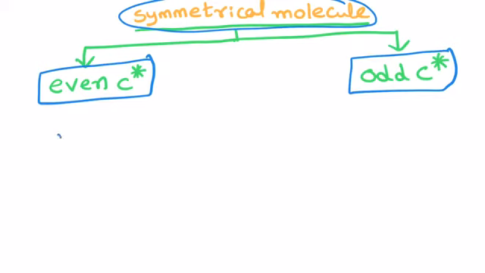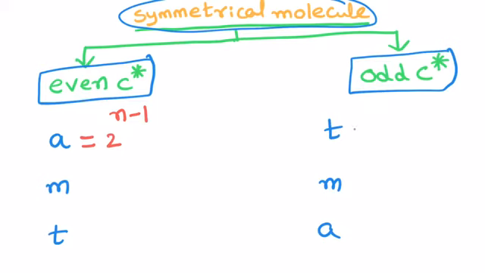First you can do like this: A, M, T. Here, reversed, T, M, A. Here A is for the number of optical active isomers, M for the number of meso compounds, T for the total number of isomers. Just follow how I am saying. Optical active isomers equal to 2 power n minus 1. On the right hand side, here also 2 power n minus 1. Observe carefully. For an even number, 2 power n minus 1 is the optical active isomers. For an odd number, the total isomers are 2 power n minus 1.